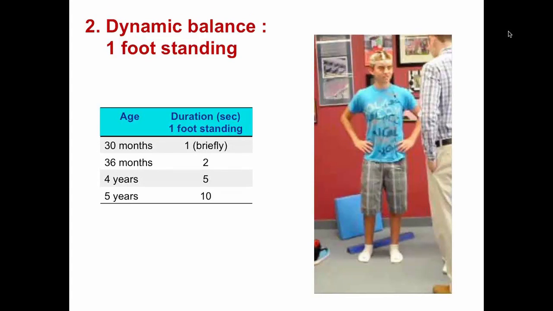And so this allows for a quick screen that's easily done in the clinic to identify that child who should have further evaluation. Now, if we only did those two things, we looked for motor milestones on history and we had the child do 1-foot standing, we would be able to collect a certain number of children who do have peripheral vestibular impairment. But if